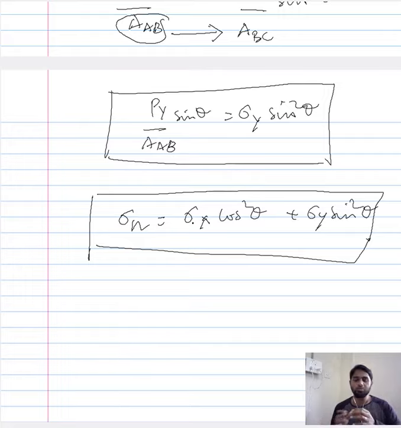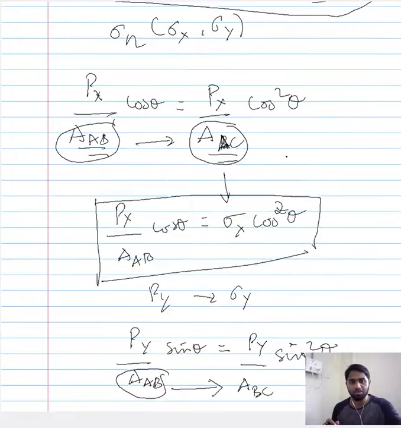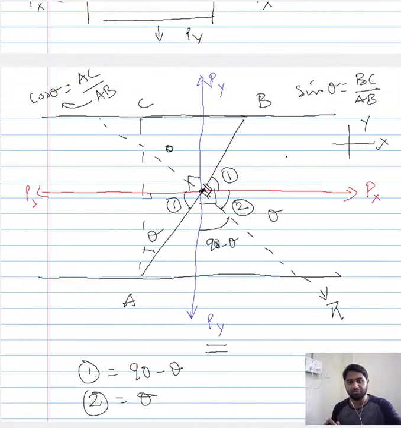Now let us try to quantify the shear stress that is acting along the region of our interest. So this is the expression that we have for the normal stress that is acting perpendicular to the region of interest. We saw there is also a component that is acting along the region of interest. So let us quantify the stress that is acting along the region of interest for a plate experiencing a biaxial loading condition.